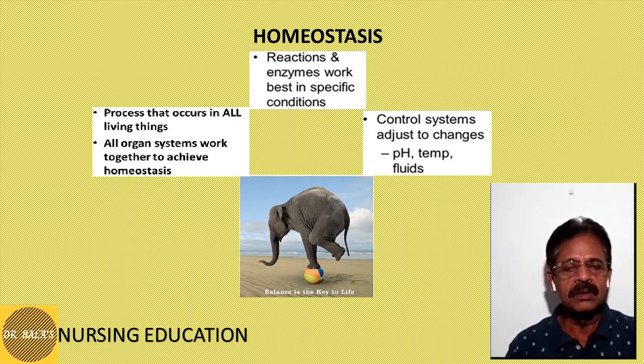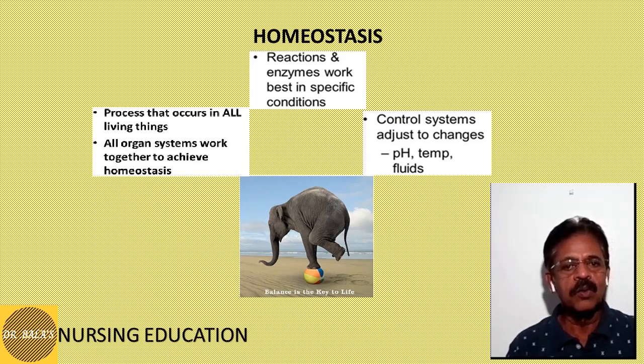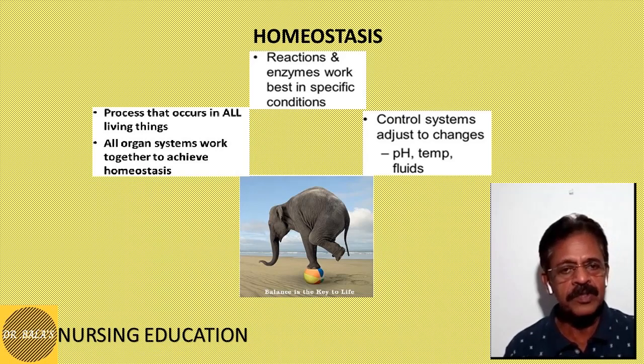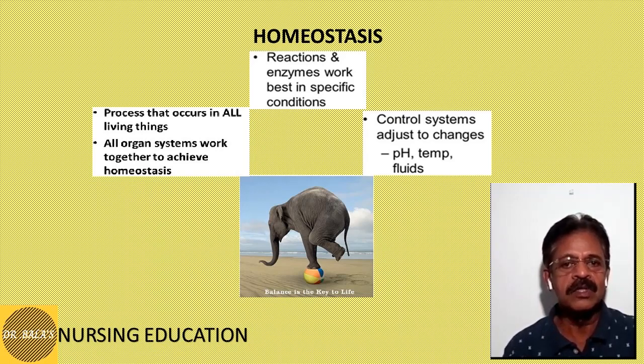So whenever there is a deviation or any change in the internal environment, the organs cannot do their work. So what they do, they try to bring the internal environment back to the normal level. In this process, many organs do some extra work to bring it back to normal. This extra work, you call it compensatory activities. The purpose of these compensatory activities is to maintain an internal equilibrium or internal balance. And as I said, this is called homeostasis.